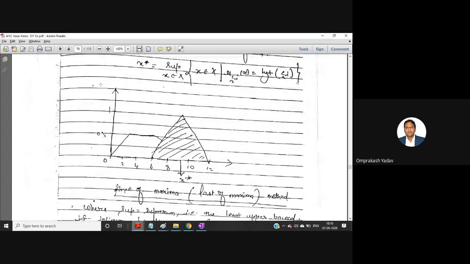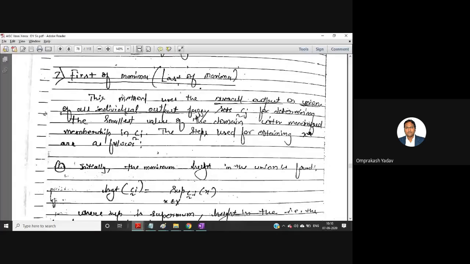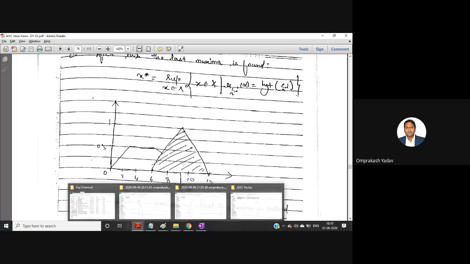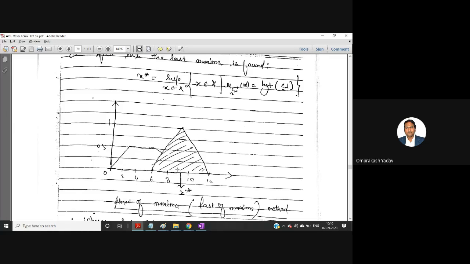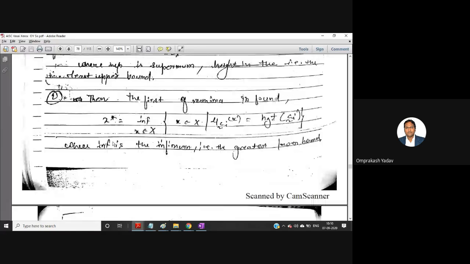If you see this particular graph, it is visible from the graph. From the graph you can always predict, for example, if I try to find the first of maxima, I can see from the graph which is the first of maxima. According to me, this graph is the maximum graph with the maximum area. So I can say that somewhere in this graph the x star value will be. By this also I can determine where my x star could be according to first of maxima. But obviously we have to do all these steps: first step, second step, and third step.